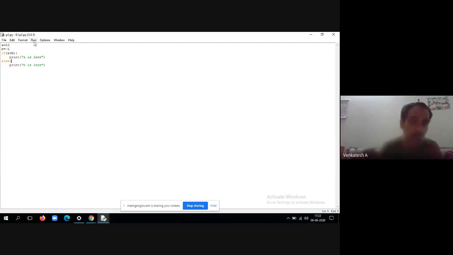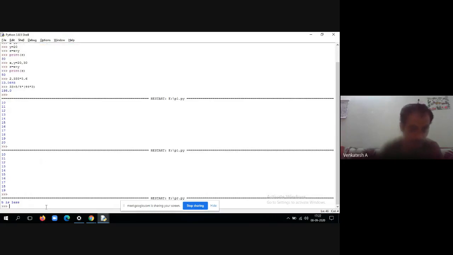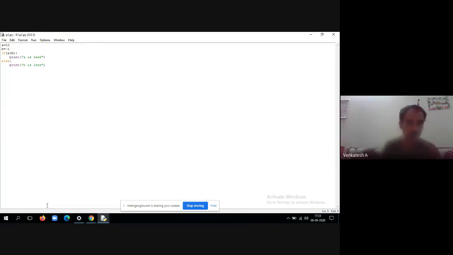Control S, run. You can see the output here in the bottom: b is less. Say for example, you don't want the else part, you want only the true part. That means you don't want the false part. If that is the thing, you can stop it here itself. If a is less than b.